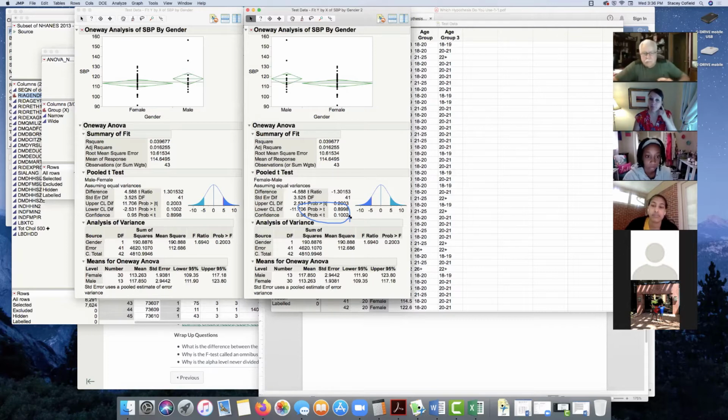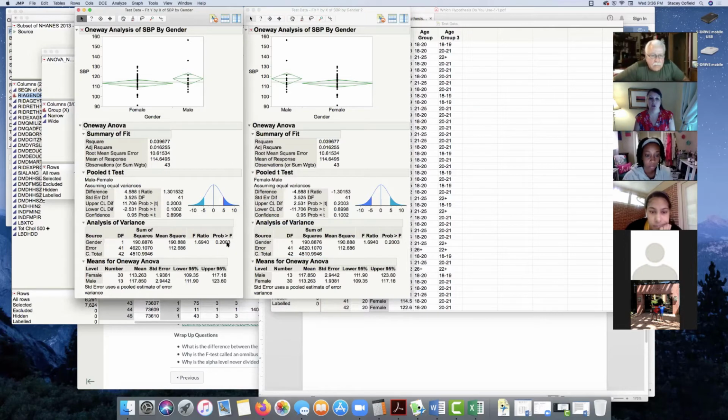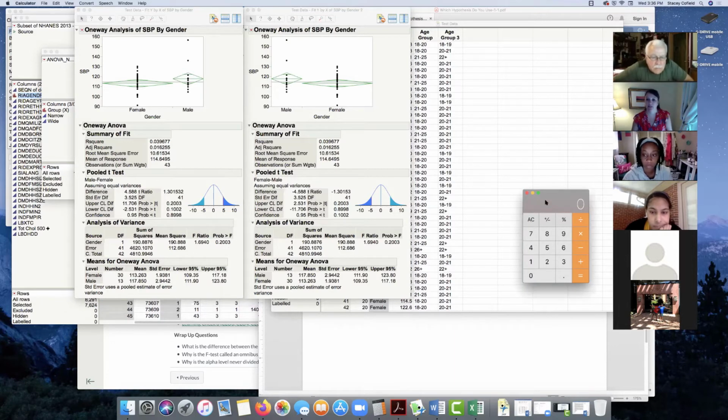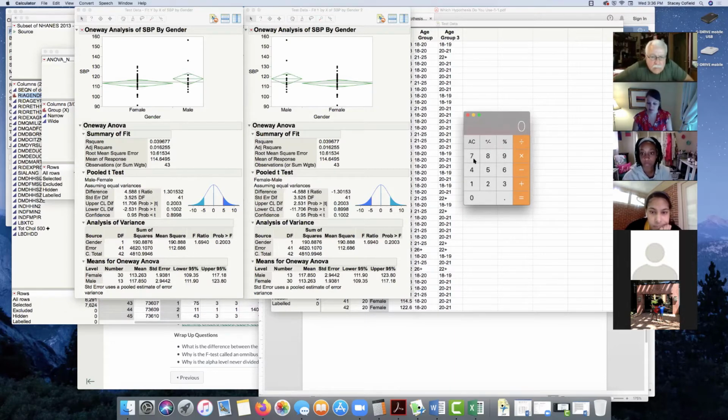You see that? Yeah, thank you. And then you'll notice that your ANOVA table here hasn't changed at all, because ANOVA just asks for difference, no direction. And if you're real fancy, like I can be real fancy in statistics, my t-value here, 1.30153, times 1.30153 is 1.6939. Look at that.